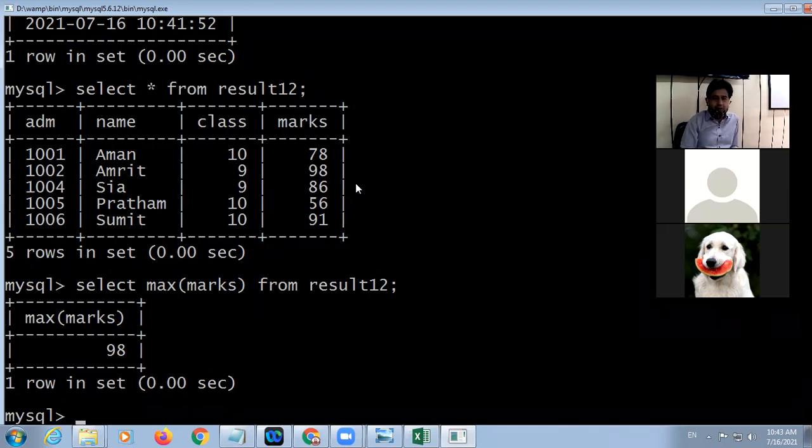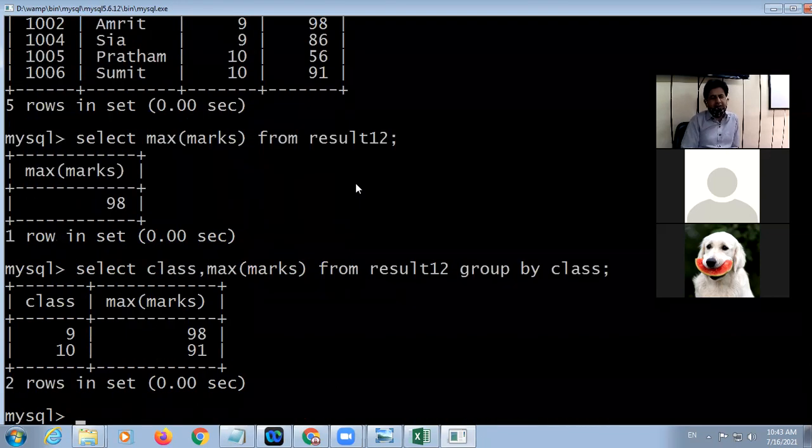To solve this problem, we have the group by clause. Group by clause will divide your table into small segments. Look at here. Select, I'm displaying here, select class, then maximum marks from result, group by. The base will be class.